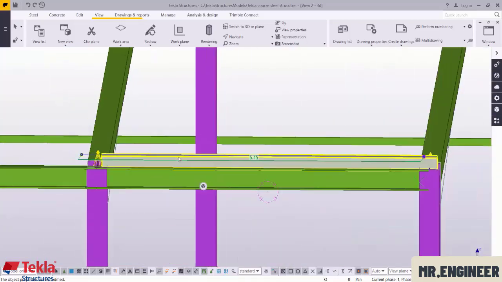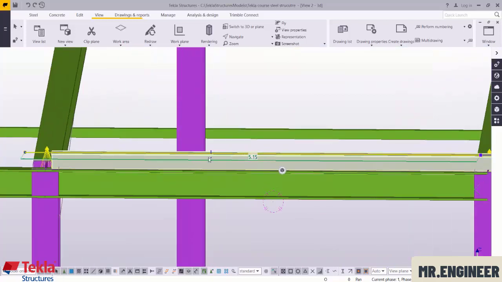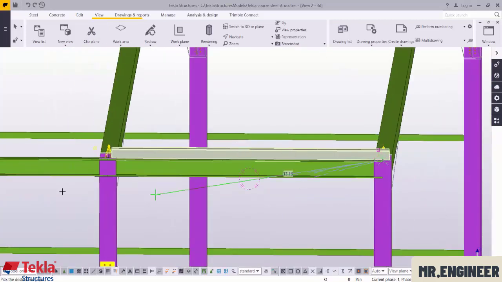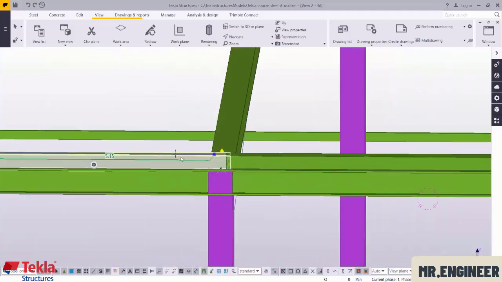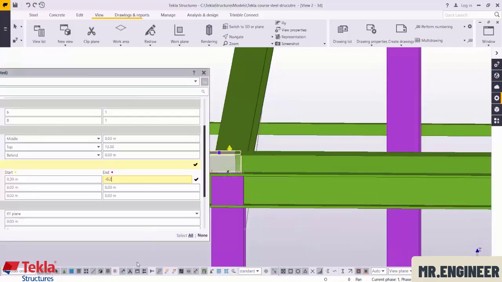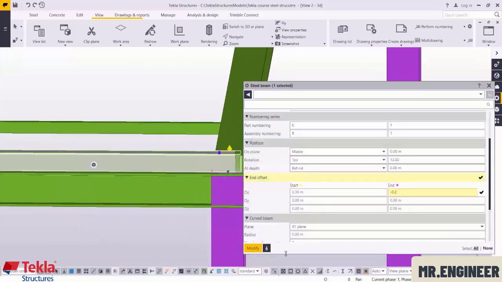Let's copy this. We select it, right click, copy from this point to this point. Okay, this we want to go to here, minus 0.2, minus 0.1, minus 0.05,